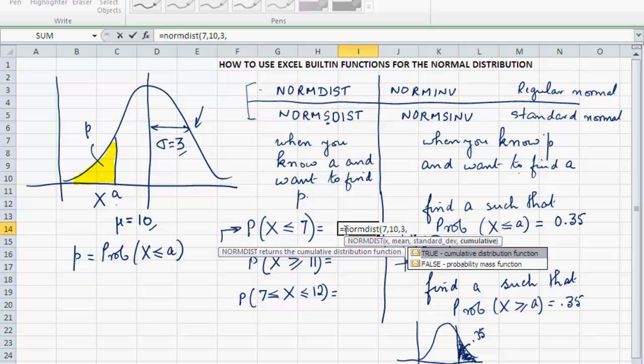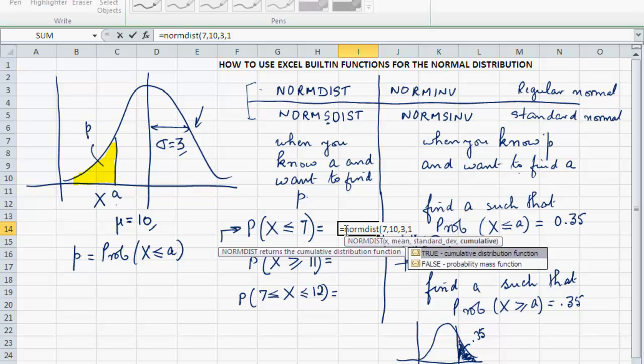And this last parameter, since we are looking for an area to the left of A, in other words, it's a cumulative probability. I'm not looking for the height of any one spike. This value will be 1. You remember what we did for the binomial and Poisson distribution. So for continuous distributions, particularly for the normal distribution, I'm willing to bet that 99.9% of the problems that you solve, you will use 1 for this last parameter,